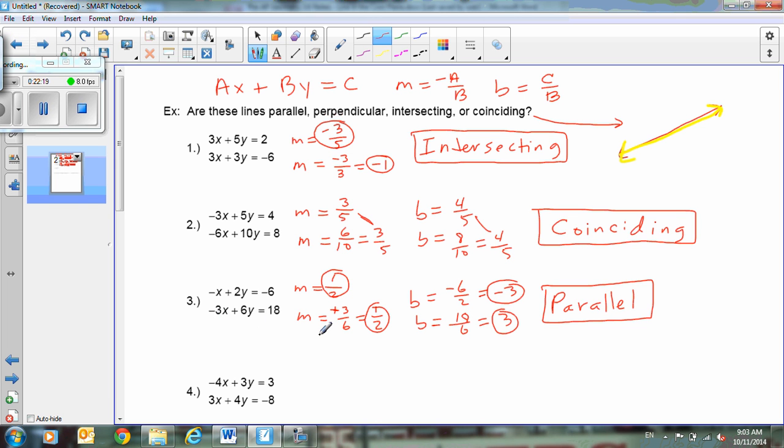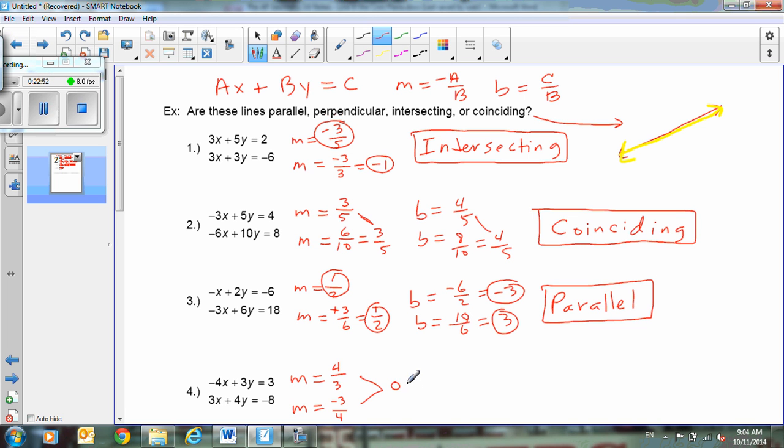All right, and then I bet you can guess what's going to happen in number 4, but let's show it algebraically. Let's find the slope by taking the opposite of a over b. A is -4, so its opposite is +4. B is 3. The slope of the second line is opposite of a, that's -3 in this case. Remember, the opposite of +3 is -3 over 4. All right, now take a look at these two numbers, these two slopes. 4/3 and